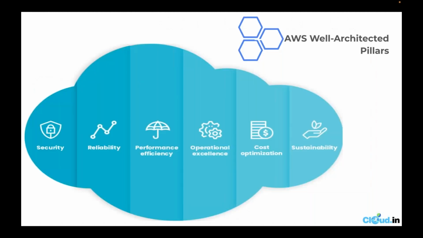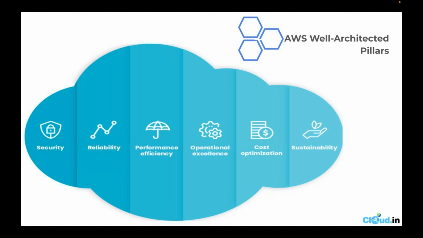So yeah, again, welcome all to the presentation, and let's see the basic principles before you move to cloud, or what should be considered if you're already hosting your application on cloud, or even if you're planning to move to cloud. What are the basic principles, or more accurately called the pillars, that need to be considered? Okay, so we'll be discussing 6 pillars of the AWS Well-Architected Framework here, namely security, reliability, performance efficiency, operational excellence,